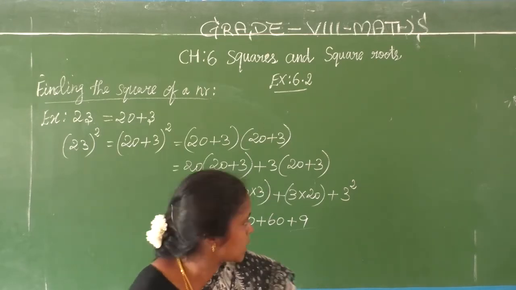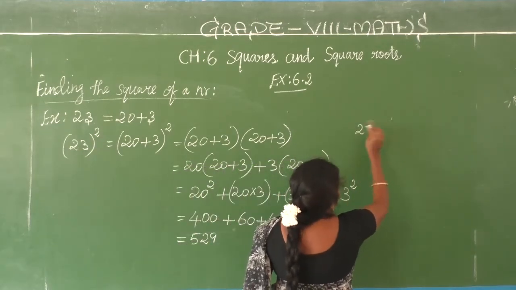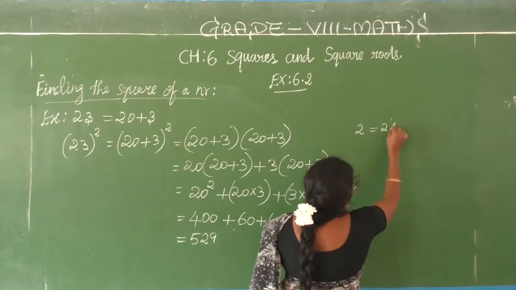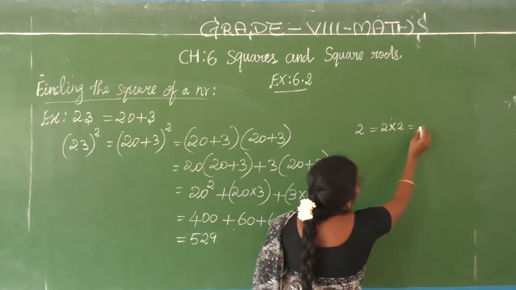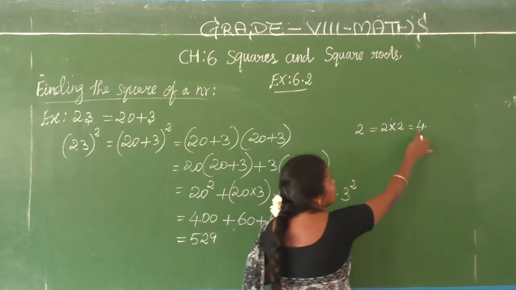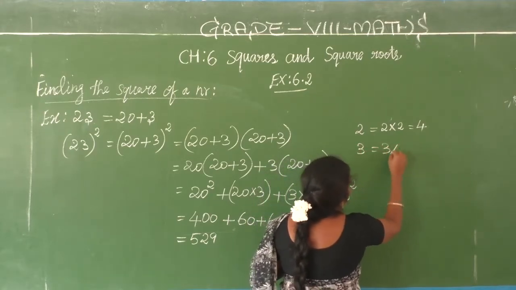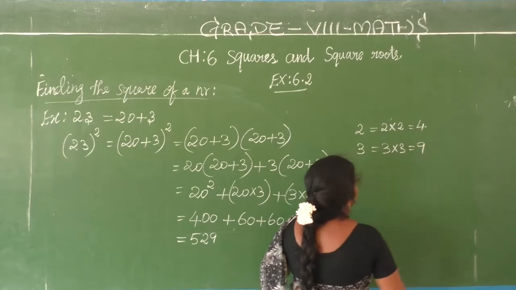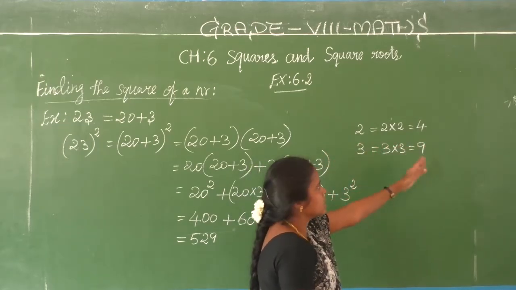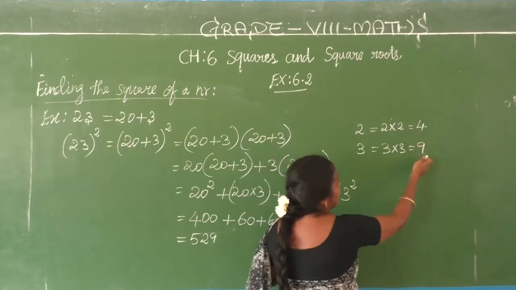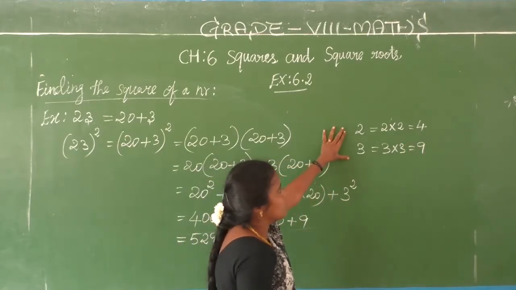Last week, we saw that if a number is multiplied by itself, that means 2 is multiplied by itself, we get the answer 4. Here 4 is the square number. 3 into 3, 3 3s are 9. So if you multiply a number by itself, we get the perfect squares or square numbers. Here 4, 9, 16, 25. These numbers are square numbers. These are the smaller numbers.